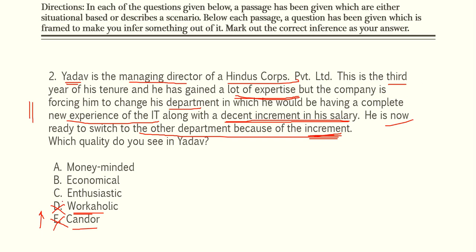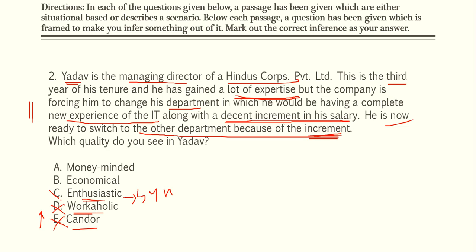Now, what is the meaning of enthusiastic? You must be knowing the meaning of enthusiastic. It is an adjective, okay, and it means having or showing intense, eager enjoyment, interest, or approval. And you can also note down the synonyms of enthusiastic. Fine. The synonyms of enthusiastic include eager, ardent, passionate, and vivacious. Right?